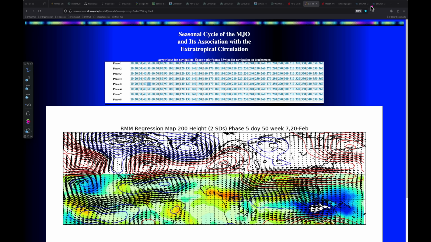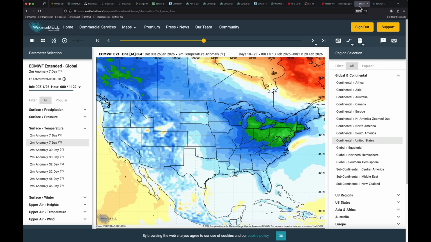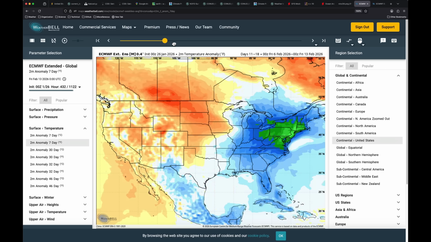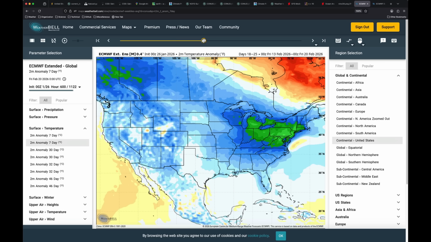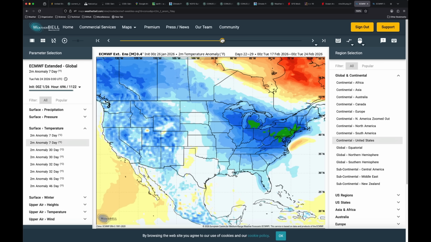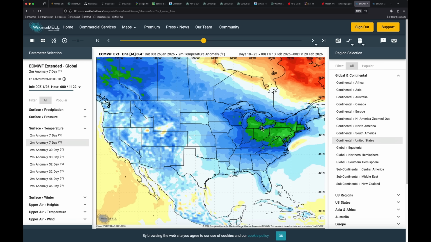The dynamical models from the ECMWF ensemble are mixed on this. I'm hesitant to show them out at that range, but at least there's some synoptic support, potentially, for a warm-up coming in maybe the middle to late period of February for an area that's very cold right now. Obviously, natural gas prices are responding to that, but I don't see it as significantly here. If anything, the ECMWF extended model flips this back cold pretty aggressively as you get into the middle to late part of February. Now, there might be some support for that, right?